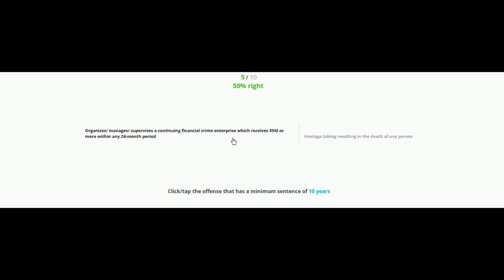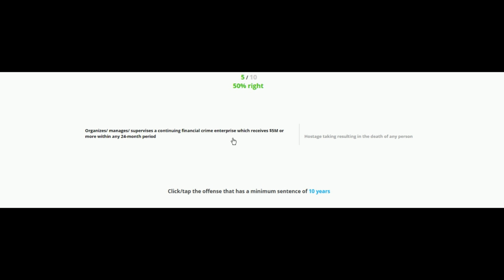Alright, last one. Minimum sentence of 10 years. Organize, manage, or supervise a continuing financial crime enterprise which receives $5 million or more within a 24-month period, or hostage taking resulting in the death of any person. Same thing.